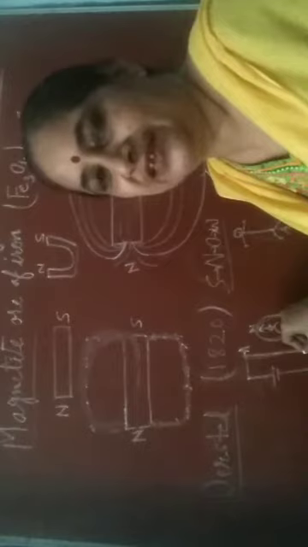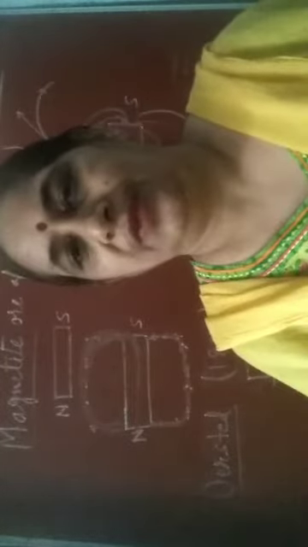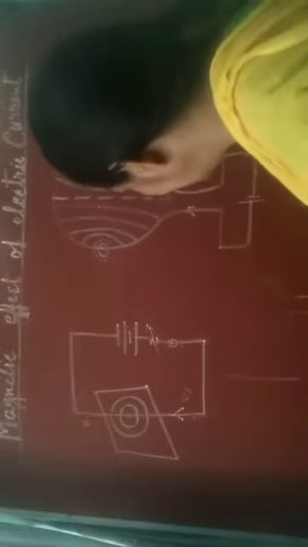And this conductor which behaves as a magnet by passing electricity can be of many shapes. So the magnetic field around a conductor depends upon the shape. Shape can be straight, can be in the form of a loop, or can be spiral in shape. Okay, so we'll discuss one by one how the magnetic field is around all these three. So first of all, when the conductor is straight, let us say AB is a straight conductor and we are passing electricity through it.